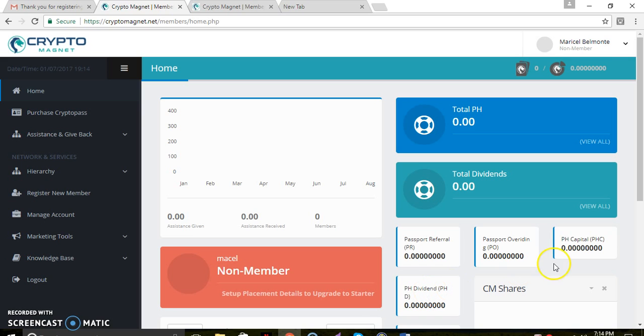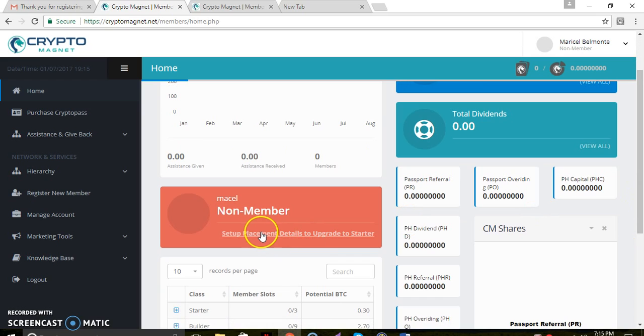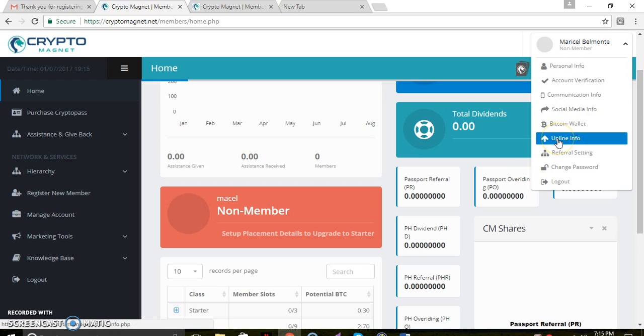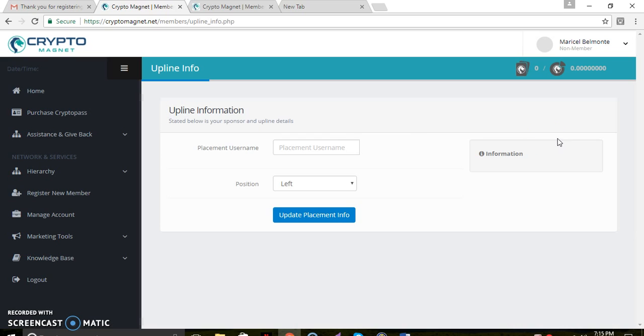So this is the main dashboard, as simple as that. And then you will see your status is now non-member. You have already registered, but the system says set up placement details to upgrade to starter. So all you have to do is click this portion here, and then click the upline info, and then the username of your upline.